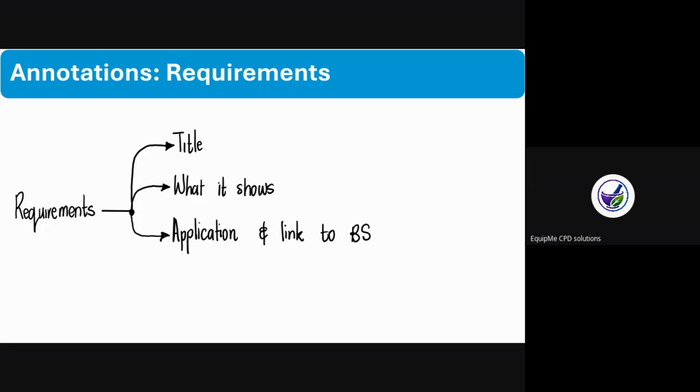If I'm talking about behavior statement B in that law, then I'm going to talk about the part that speaks about the scope of practice, for instance, in domain 5.3. If you're linking it with more than one behavioral statement, then annotate and explain how each behavioral statement is covered.